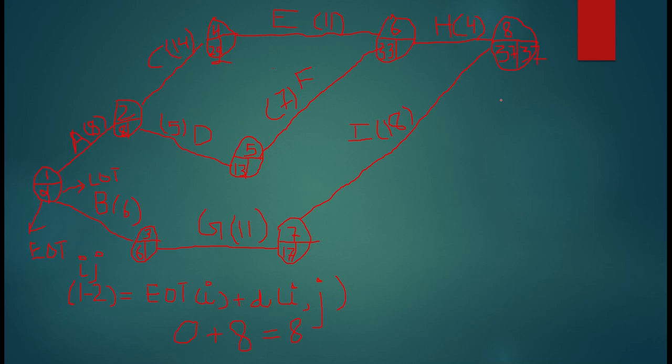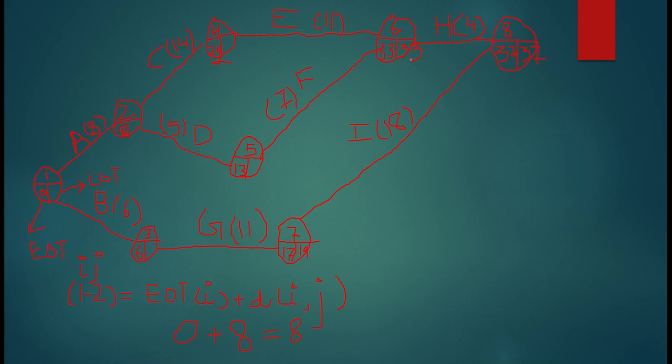37 minus 18 is 19. So I will write 19 here. Now I will move to 6, because 7 and 6 are not connected, so there is no problem at all. But in certain cases they may be connected. So first I have to go to the previous activity. So 37 minus 4 is 33. This is 33. Now I will minus it.